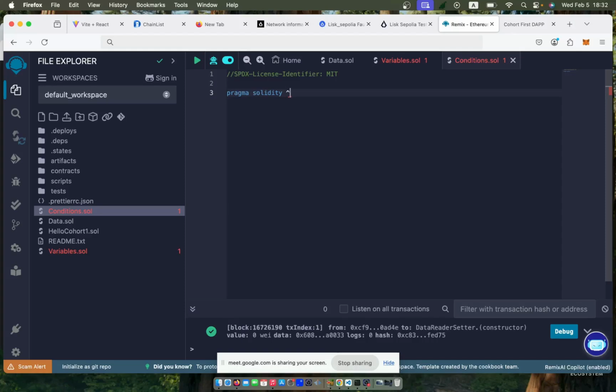Yeah, we can start. This is the compiler version. So you can use, I think from around 0.8.19, we are on version 0.8.26, hopefully. And then as we've said, you can define your smart contract. So contract,